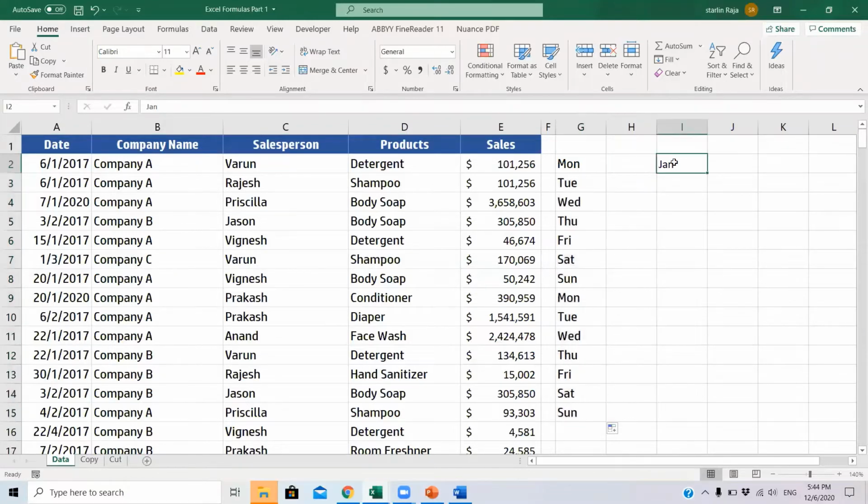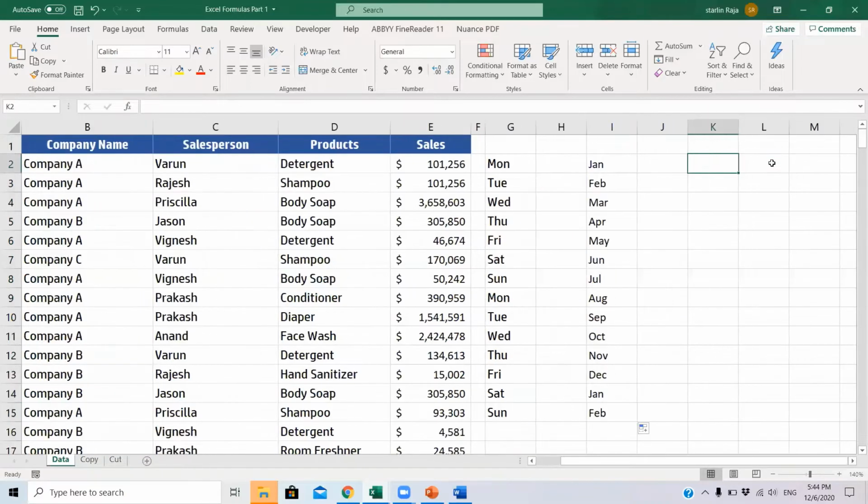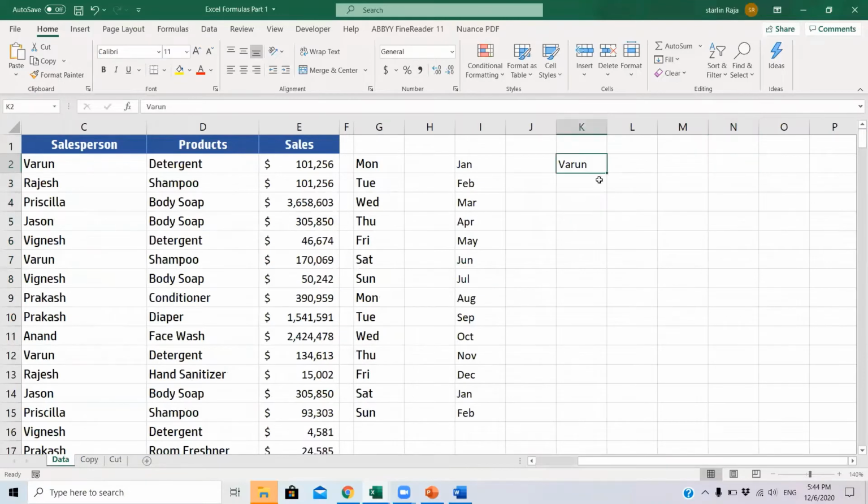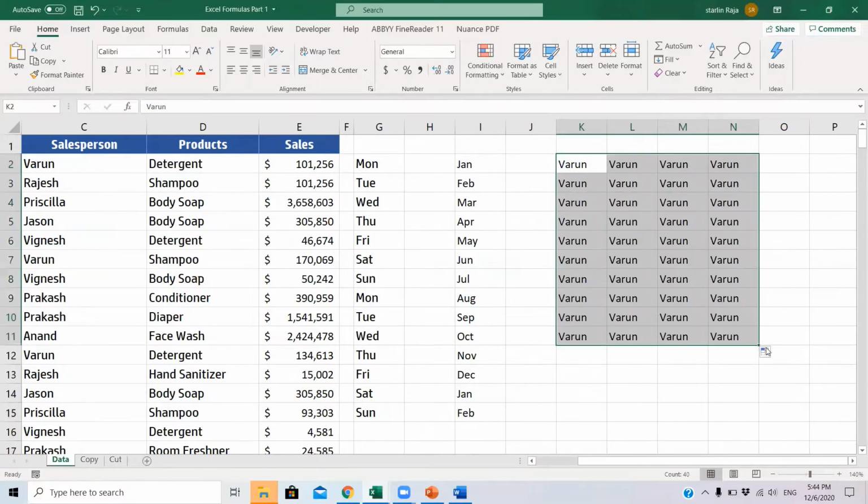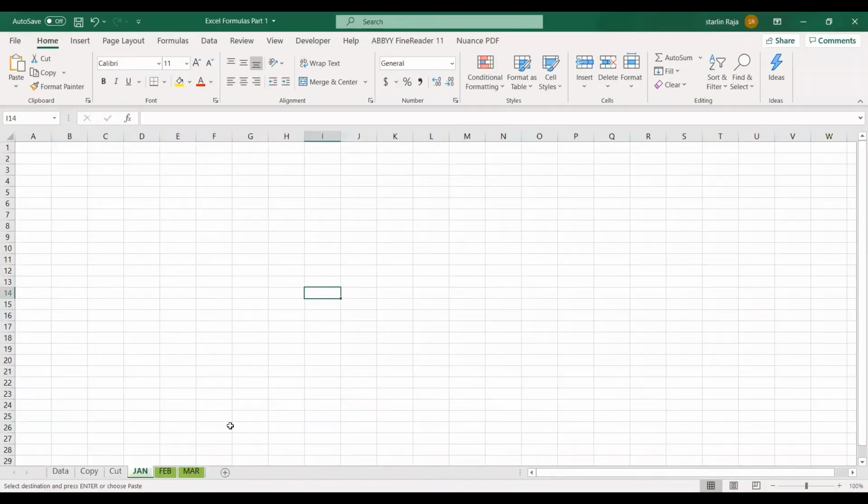Similarly, if you keep your cursor in Jan, it will give you all the months and it will keep on repeating the series. And if we have any other word, let's say Varun, and I want to copy it over to a few other cells, I can just drag it to the right side or I can drag it down, in whichever way we want to drag. Once we are dragging it, it will just give the same exact characters in all the locations that we are dragging.